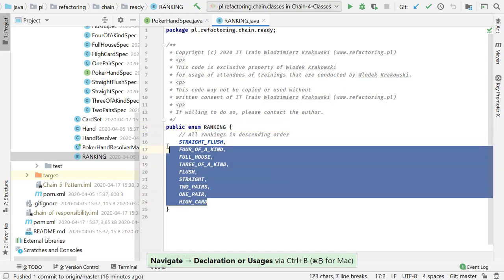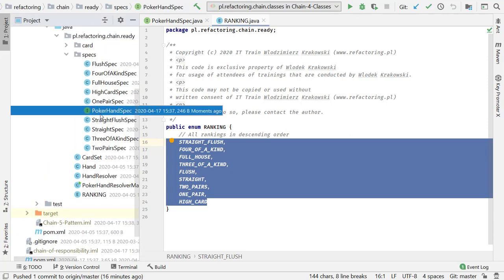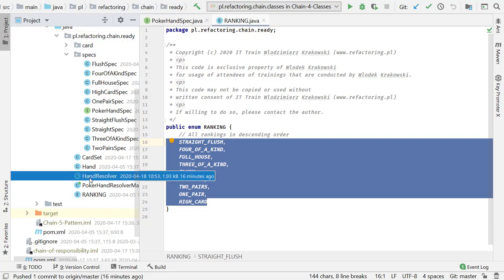So as you see, the number of possible interfaces currently is limited. This is the reason why I have put this interface among all these classes, although others might say that it should be placed next to HandResolver.